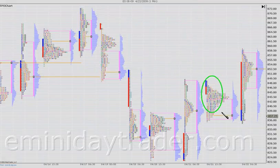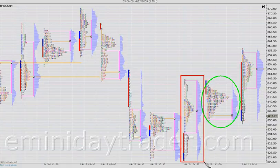We had yesterday's session right here. We were expecting follow through higher, and of course this is today's session here. We didn't get that follow through higher until much later. Later meaning this morning. It wasn't all that surprising that it waited until today, but